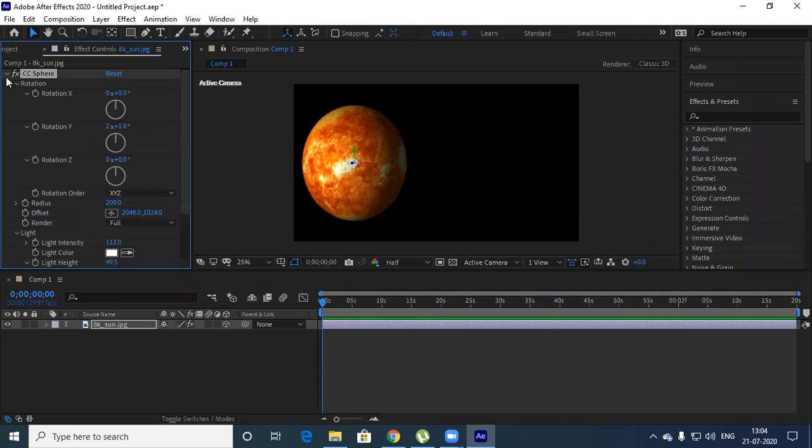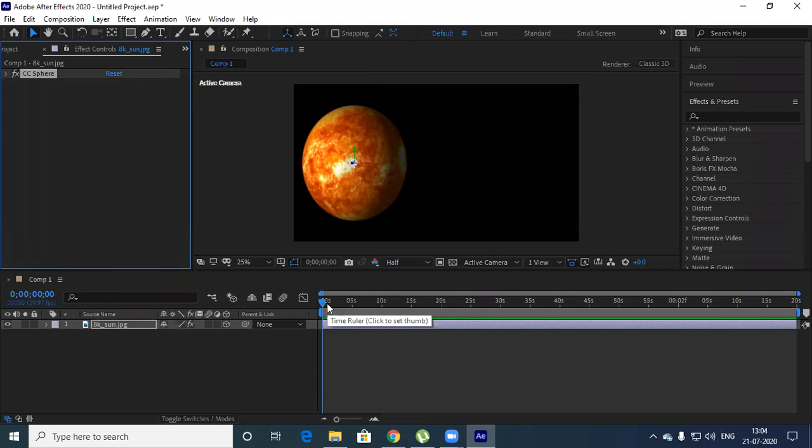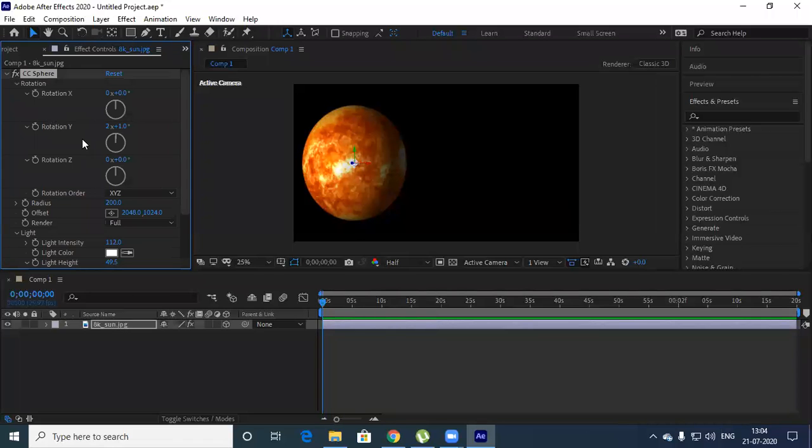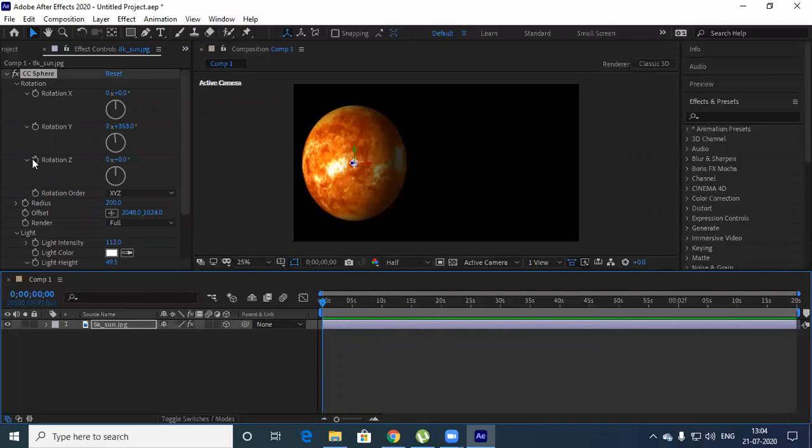Since this part of the work is done, the animation part we will do later. How do we animate, all those things we will do later. Or else, if you want, let us do an animation also. On the y-axis, see, it's rotating like this. Here, at the first point of rotation y, there is a timer.